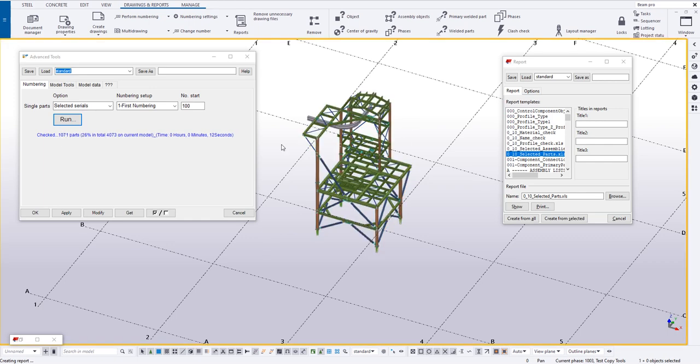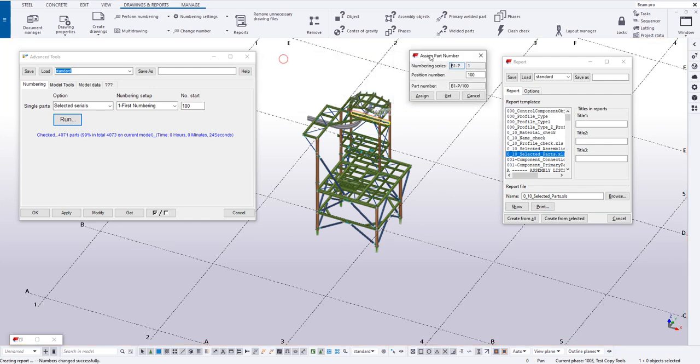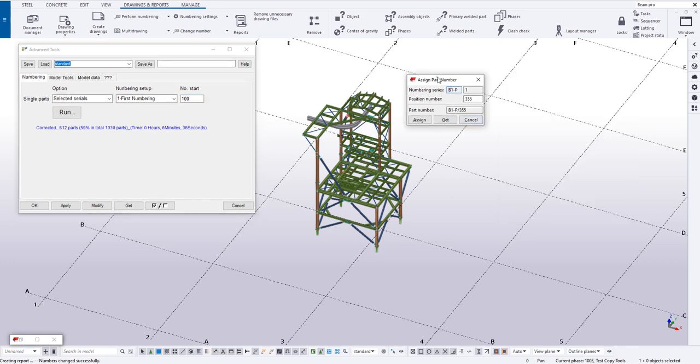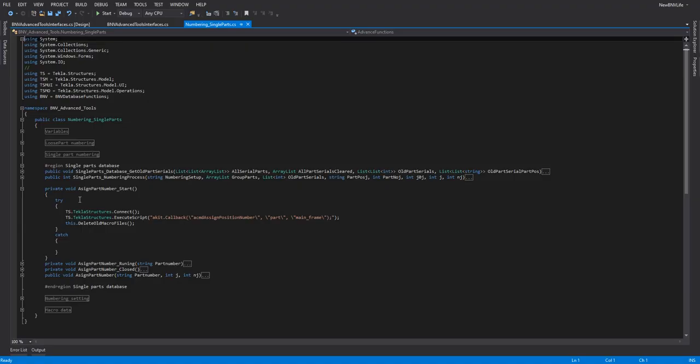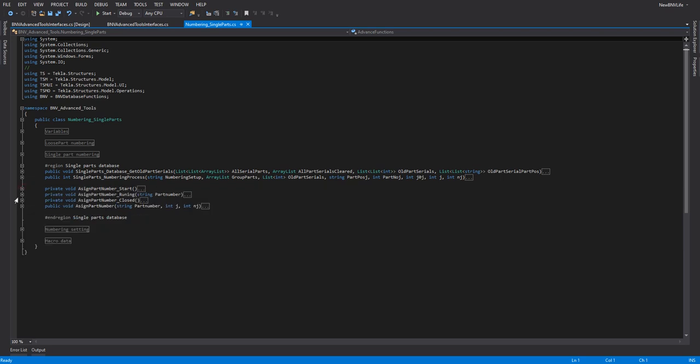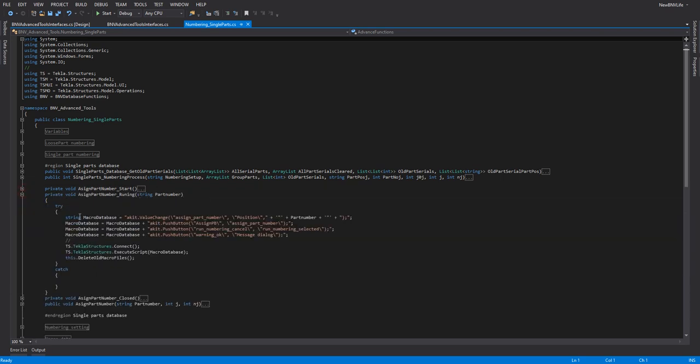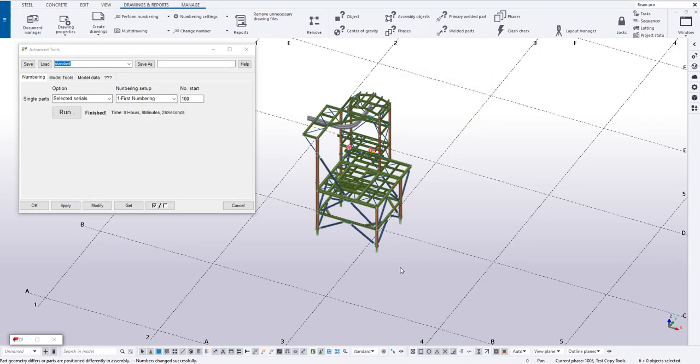It checks the data for each object one by one, collects and arranges the types for beam, plate, profile. Now that assigns one by one for all the objects in the model for numbering. You take time the first time to control, but after that everything is easy for making drawings or QI single bar drawings. It assigns one by one, starting from 100, and you can see that it starts from 100 and onward. You make the macro to assign the numbering one by one, for the selected objects, and run the assign numbering. You only take time in the first. That is very easy for you to control single bar and workshop.